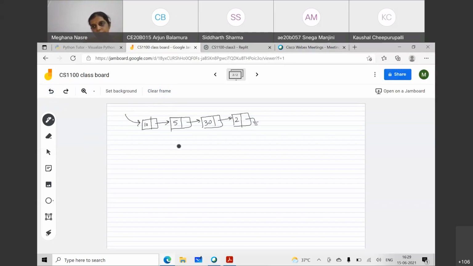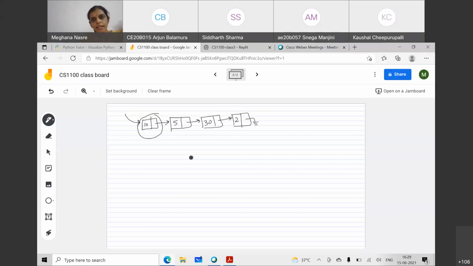Yeah, great. So this is the singly linked list that we want to define. Now what I would like us to do is, how do we think of implementing this singly linked list? What kind of a structure do we want to define, and how will we define that structure and finally define this singly linked list? So what is this node that we are calling a node? What kind of a structure can we define so that we can define such a singly linked